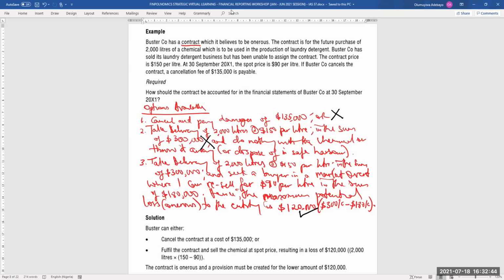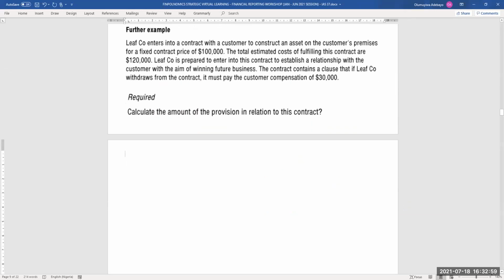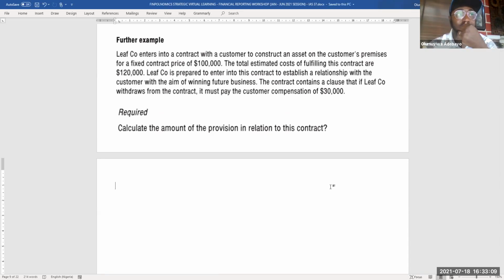Okay. Now let me find another question. Another interesting question. Okay, who will read this question for us? For the example,